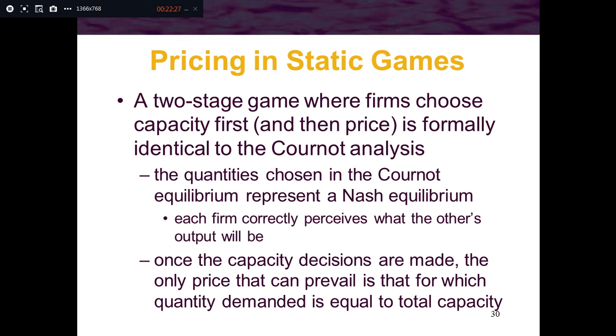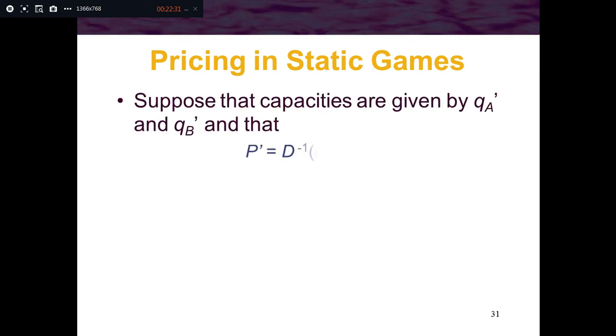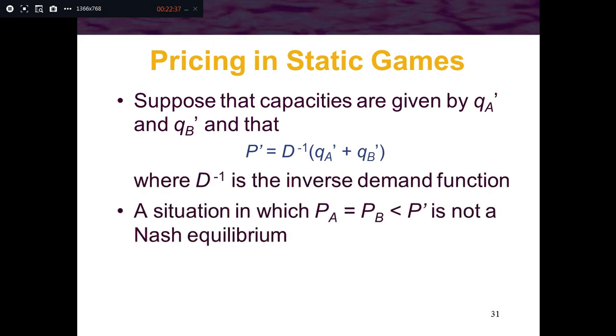Suppose that capacities are given by QA and QB and that price is equal to D to the power of minus 1 times (QA plus QB), where D to the power of minus 1 is the inverse demand function, because two firms